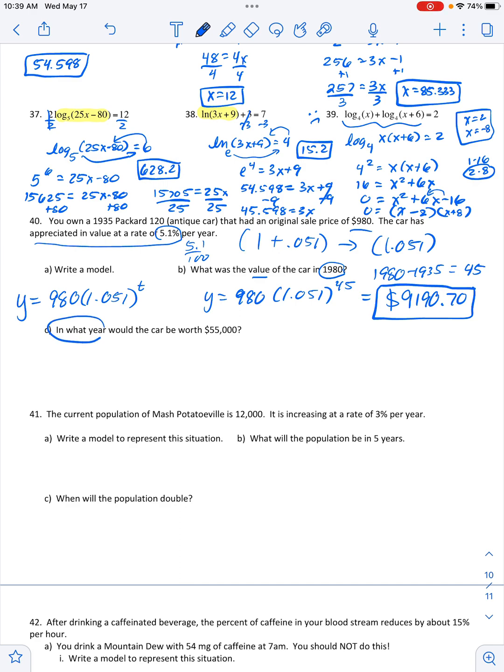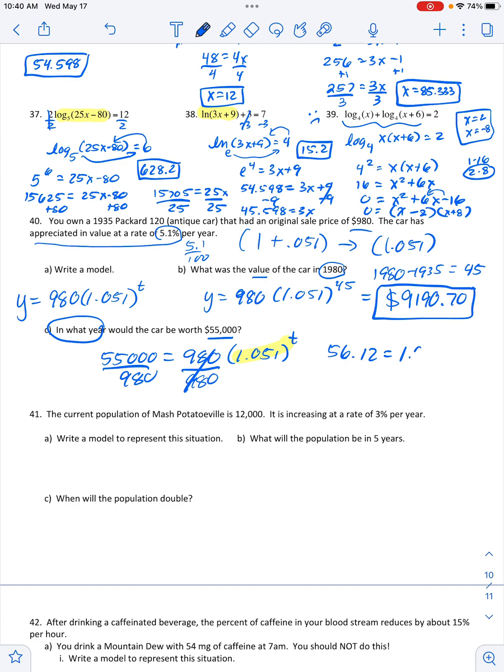In what year will it be worth 55,000? So that's going to be at the end. It would be 55,000. At the beginning, it was 980. And then what I don't know here is time. So this makes it exponential. So I have to get the power part alone. And to get the power part alone, I have to divide by the 980. So then I end up with about